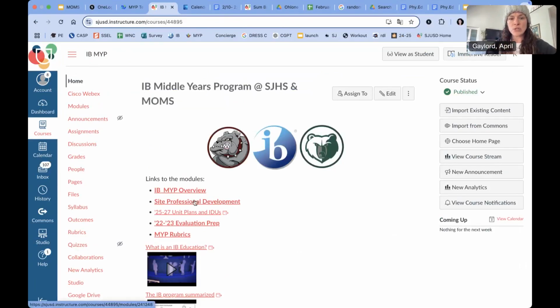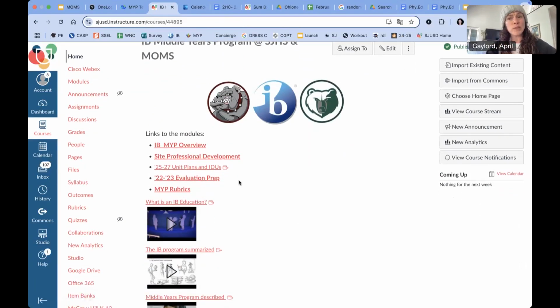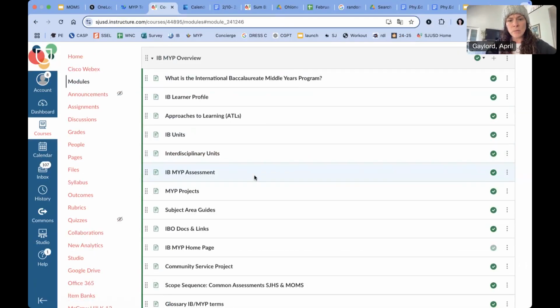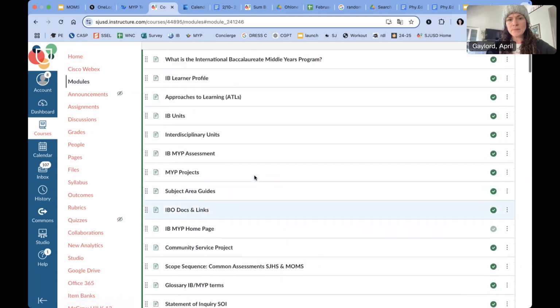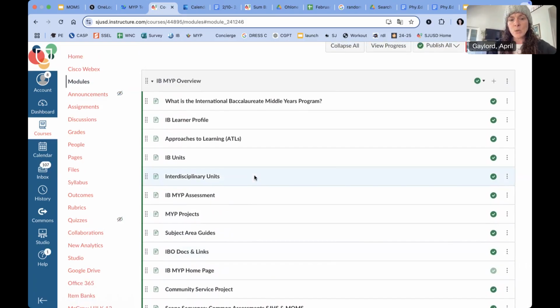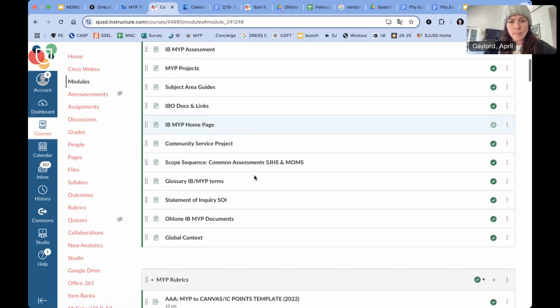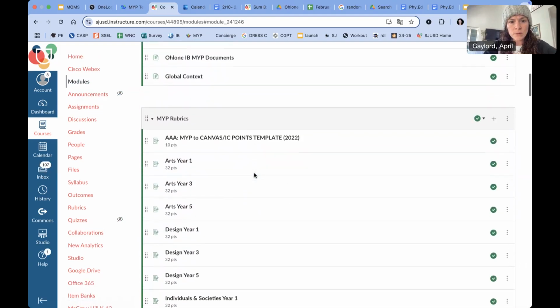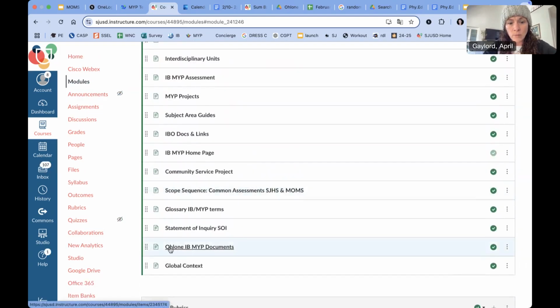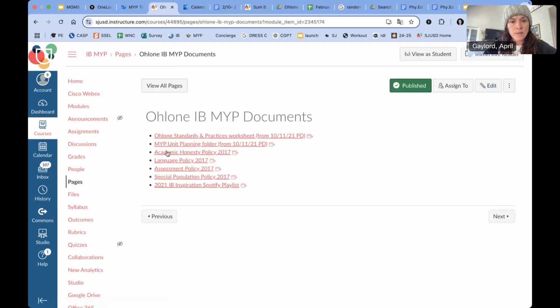The last thing I wanted to show you is our flip book, because it's really important for when you're talking about ATLs. So in the overview section, we have all of the documents that help us to understand IB. In particular, we want to look at our flip book. Right here in Ohlone IB MYP documents. If you scroll down to